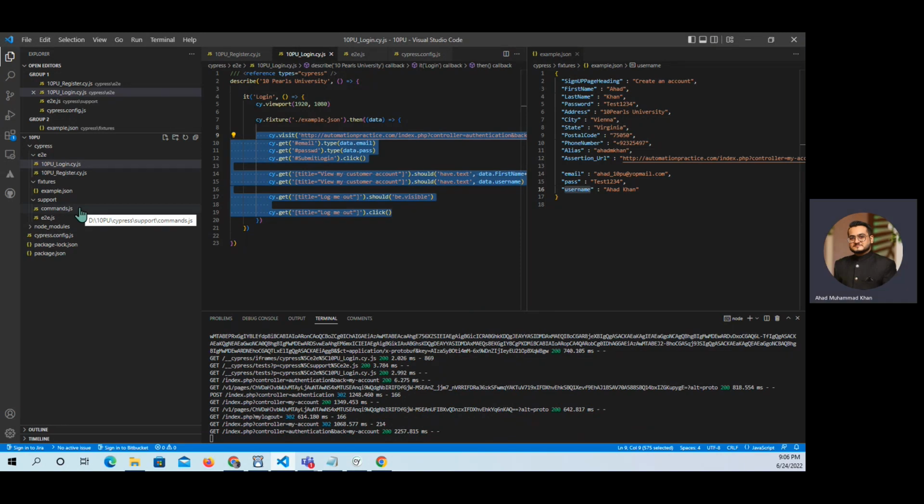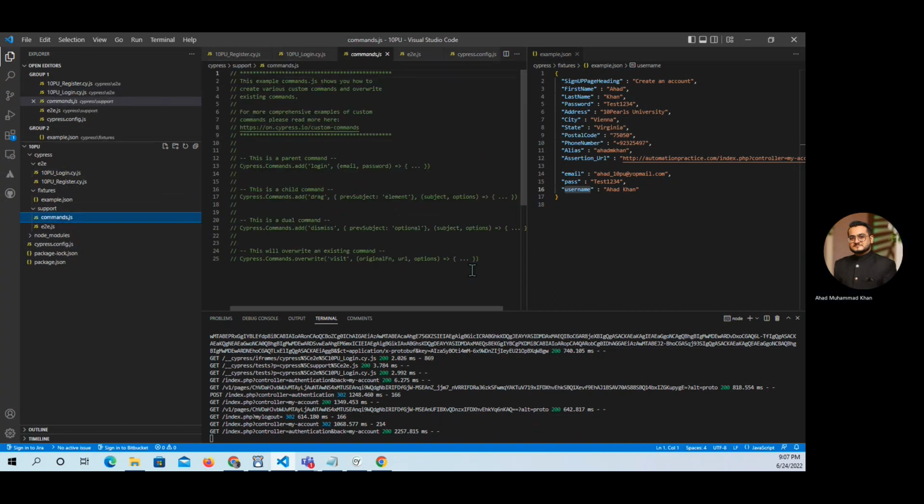Like if you are testing a web application and you have to perform your login again and again for every test case, what you're going to do is not write these login steps all the time in all test cases. You just open the commands, command.js in the support folder, and create a simple command. I'm going to copy this